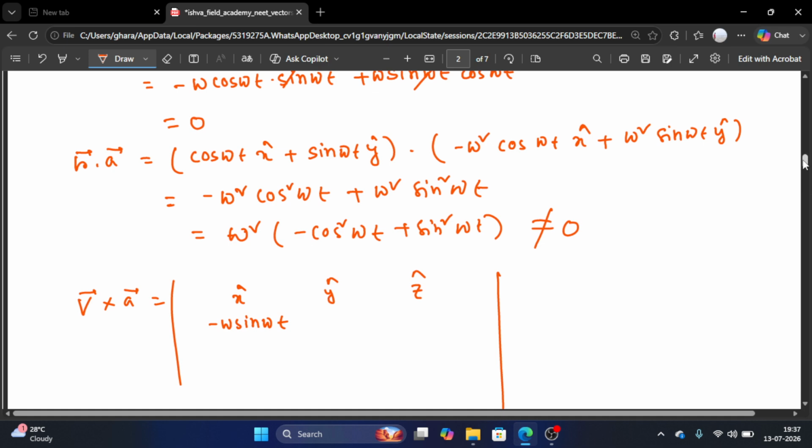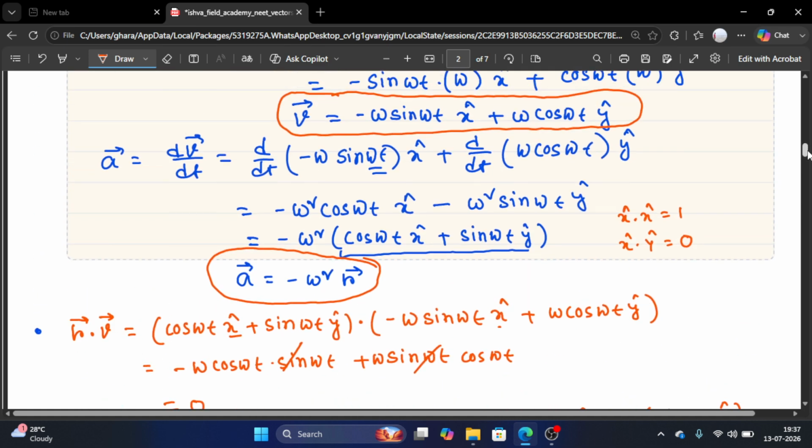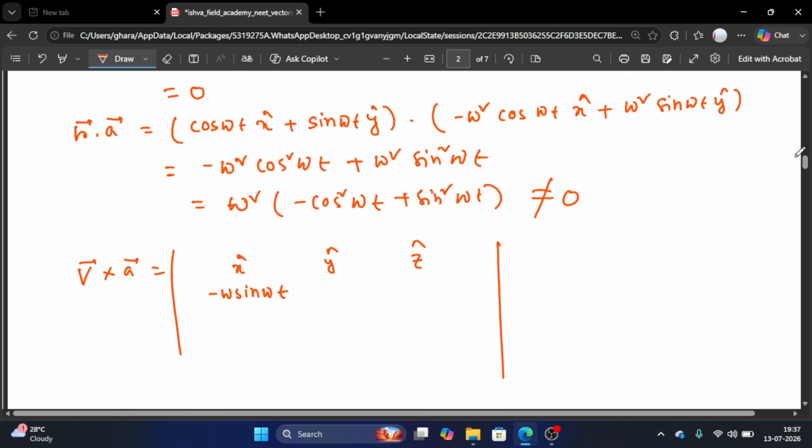And in the case of omega cos omega t, so omega cos omega t. Only this is a 2D, so that's why I erase this one. And in case of acceleration, minus omega square cos omega t, and this one omega square sine omega t. So if you take minus omega cube sine square omega t and plus